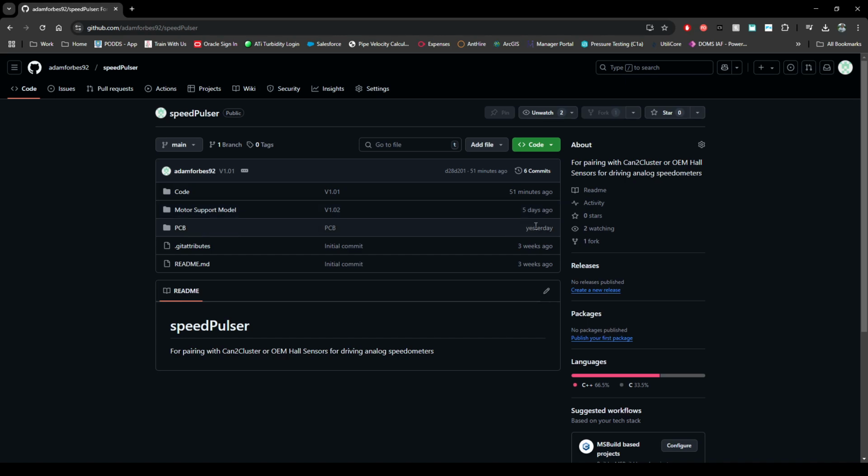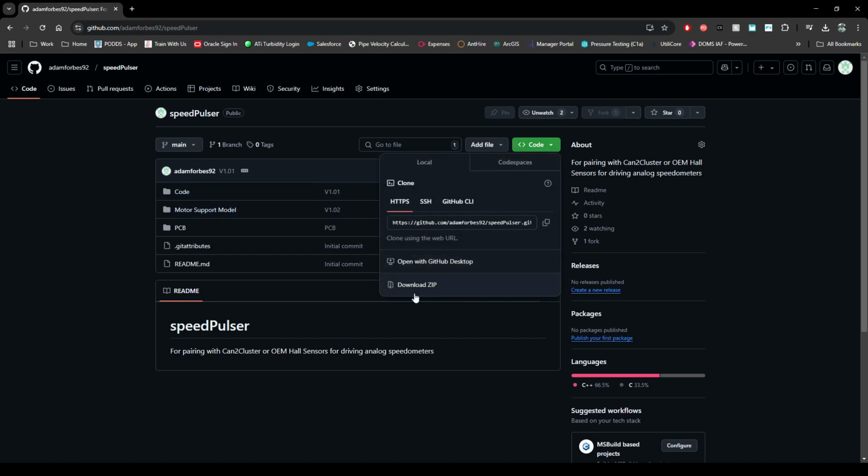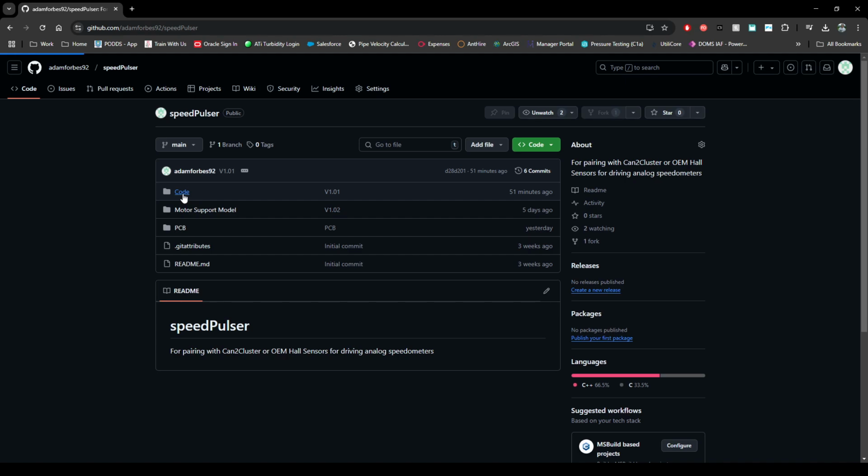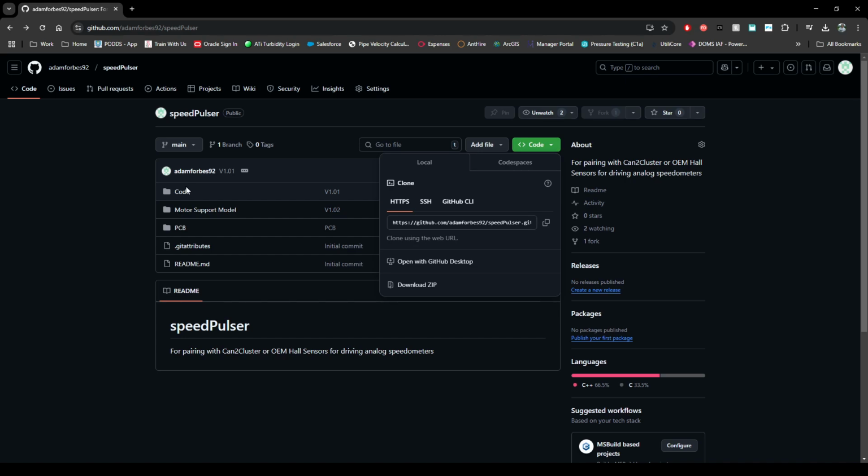That was updated 5 days ago. The code was updated 51 minutes ago. So you can download the PCBs, you can build them yourself, you can print off supports, there are the models if you want, and predominantly if you download the code, go into code, you can download this, and then once